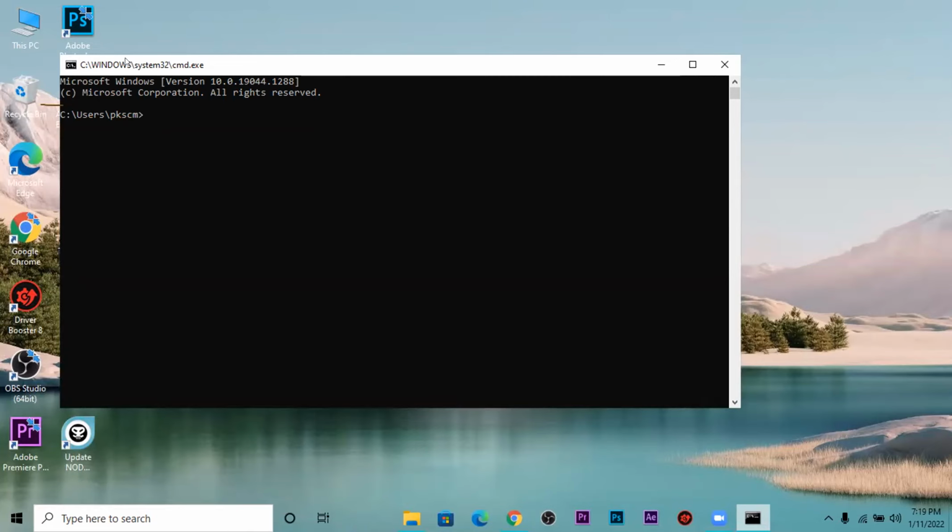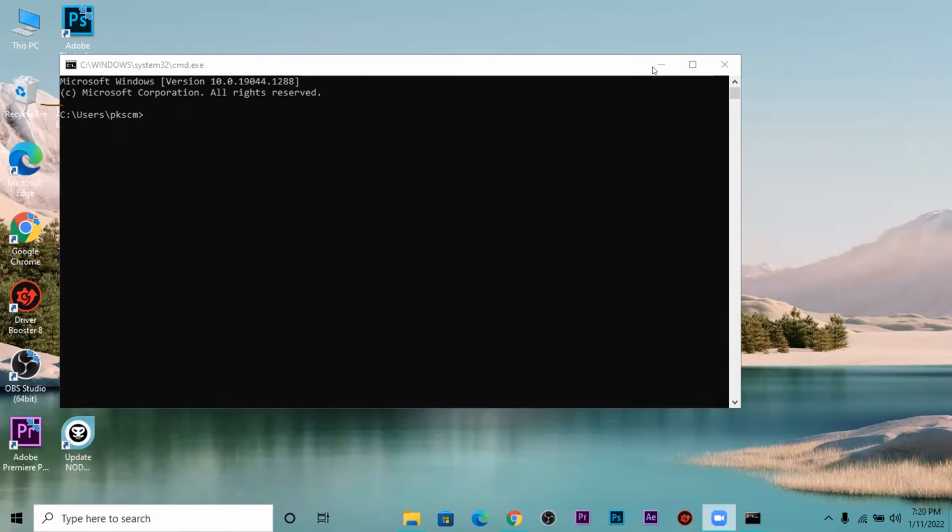And what about the visible screen? C users, PKS, HP greater. It says inside the C drive, the users folder, and inside the users folder, the PKS CM folder. Yes, that is the indication.